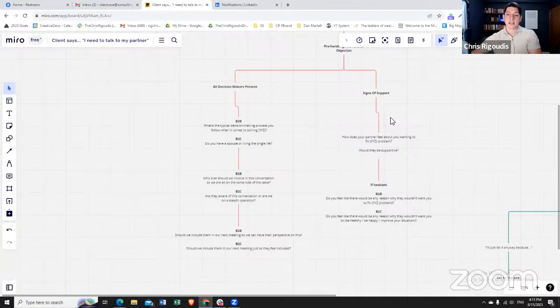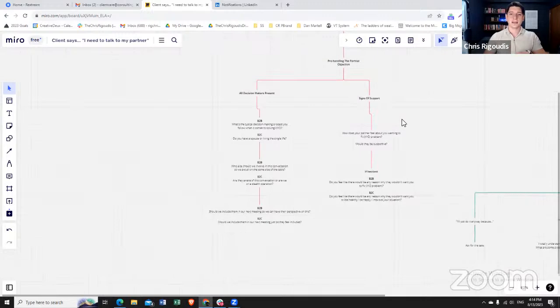What I do at that stage is I will not talk price, but what I will do is say, yeah, and we have different options and I could walk you through them. I would have to make sure that we can help in the first place, and this is actually going to help you lose 20 pounds before we even talk about investments and packages. Are you with me when I'm saying that? So I'm disarming, moving forward. That's when it comes to pre-handling the partner objection.